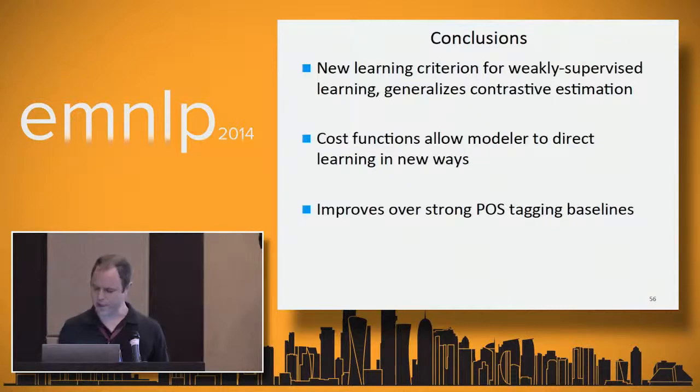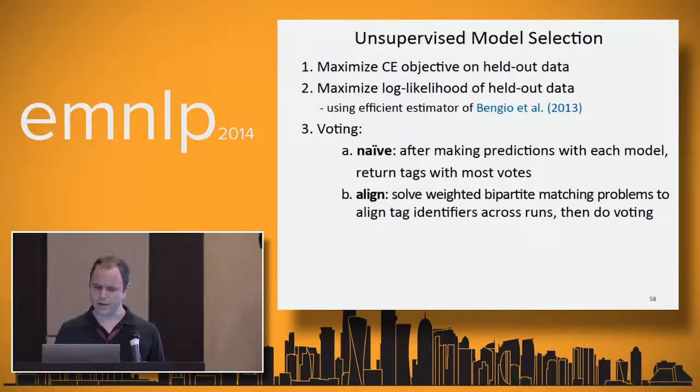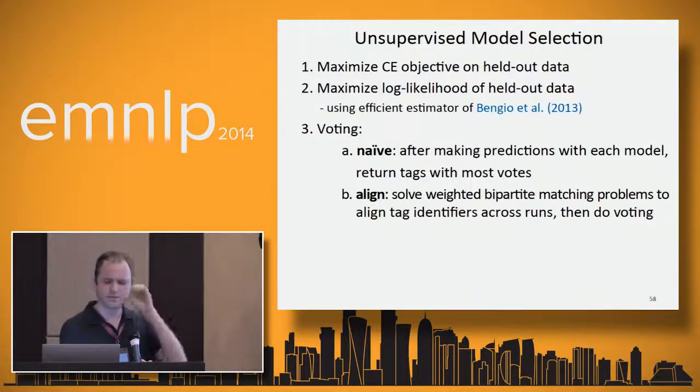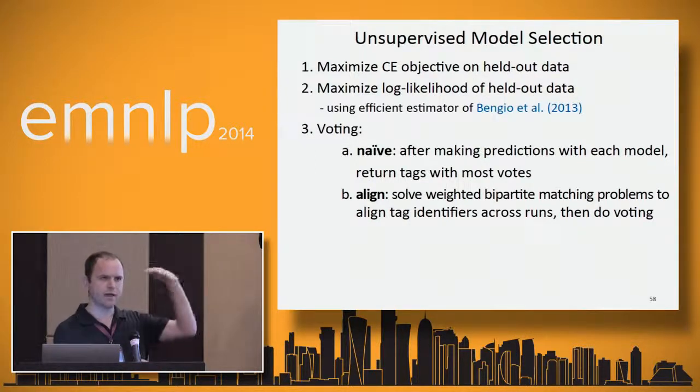I didn't really talk much about that, but in the paper we give a couple of ways of tuning alpha and beta by looking at some unsupervised criterion on held out data. So yeah, this tended to be important, but we did see fairly consistent curves in the performance across ranges of values. So it didn't really jump up and down. It was fairly clear that things would peak and then get worse when you have alpha or beta too big or too small.